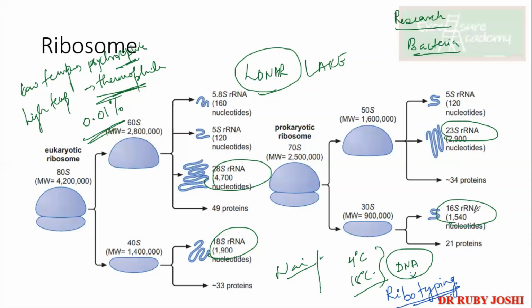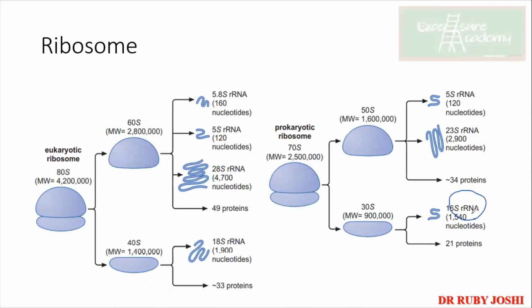So how will you do it? See, this is 16S rRNA. It means this sequence is present in DNA also. Do you agree? It is RNA, right? Where did the RNA come from? It came from DNA. So the sequence which is coding for 16S rRNA, there might be a region of sequence in your DNA, correct? There will be a particular sequence of the DNA from which you got this RNA, correct? That much is clear, right? So yes, there will be DNA behind this RNA. So you are going to identify